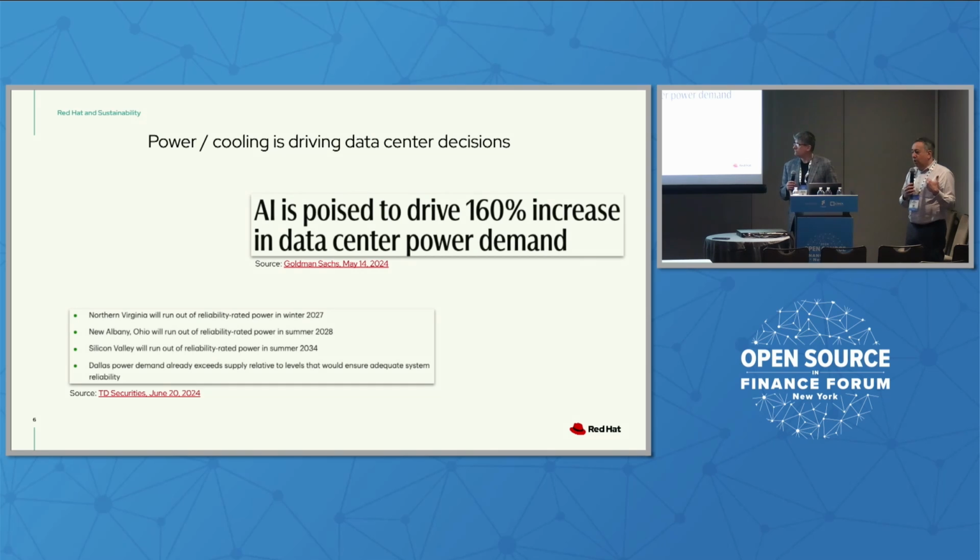So we're getting to a point where it's a constrained resource, and you're going to need to make decisions based on that constrained resource, like any other constrained resource. Bandwidth is a constrained resource. Budgets are always a constrained resource. Power is another one as well. So the thesis here is that we need to use technology such as Kepler to understand where we are drawing power, and then we make decisions that best allow us to move forward.